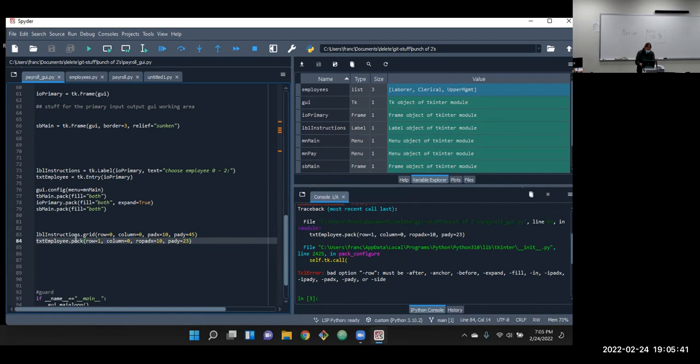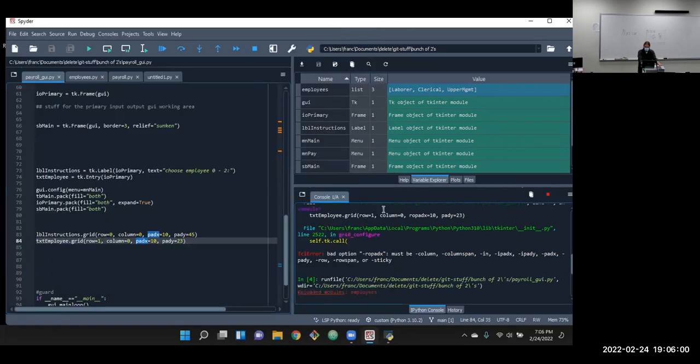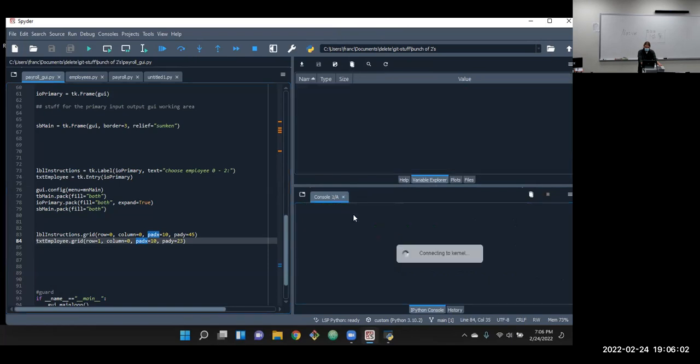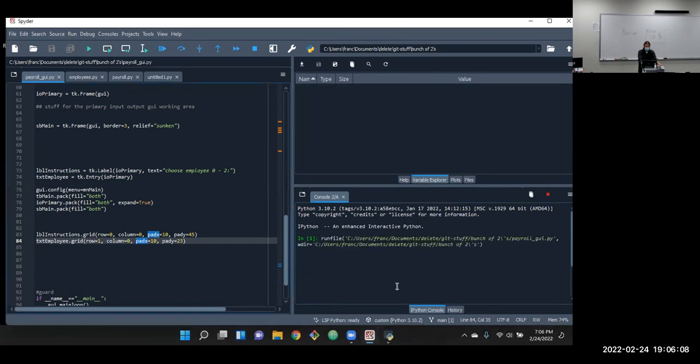And that word needs to be changed to grid. I have no idea where those extra letters came from. I think that came from the new keyboard. There we go. Now with the new console, run that.